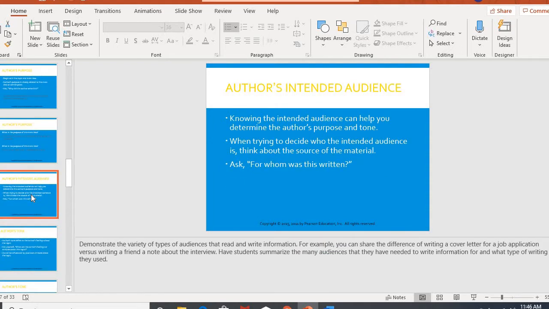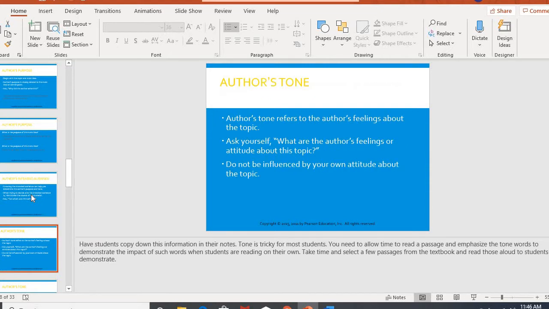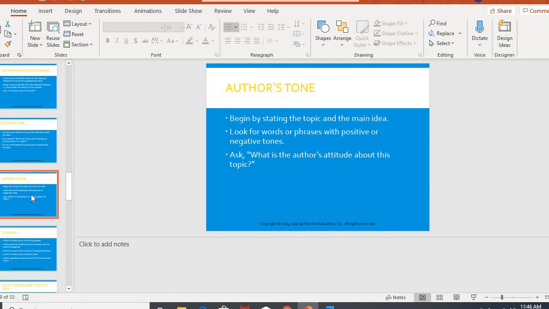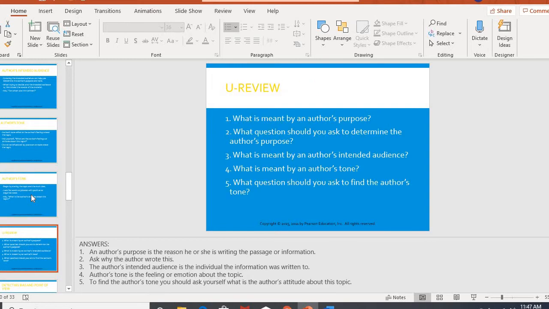Very closely related to this, we talked about author's audience. For whom was this written? Was this written for a group of intro-level students in a certain field, or for experts in the field? Knowing the audience can help you figure out the purpose, as well as the tone, their feelings. How does an author feel about a topic? What is their attitude? Sometimes an author will be very evident because they'll use positive or negative words to indicate their tone. Sometimes they'll be more neutral, straightforward, and will not have a particular tone associated with it.